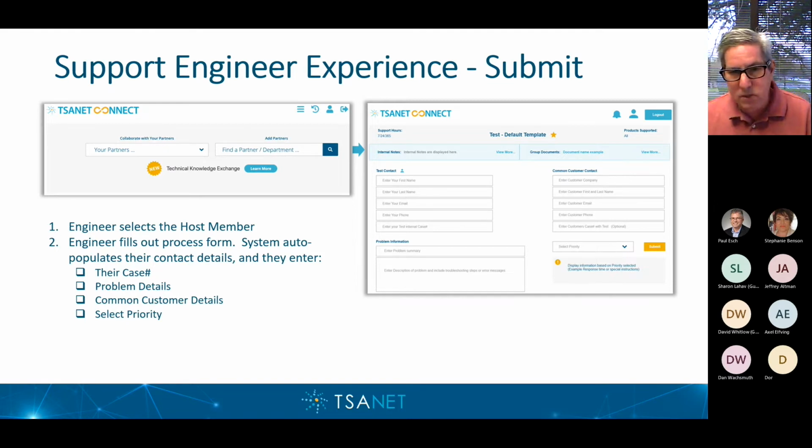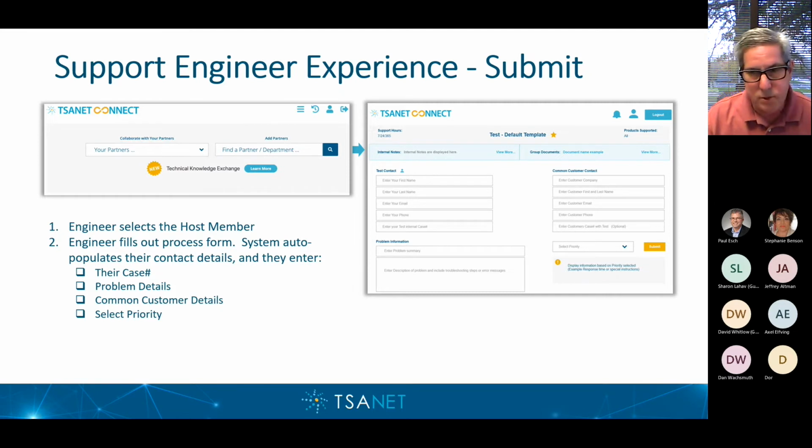So it's an email-based system. It's very easy for your engineers to get credentials to get into the system. Typically, if they've just got an email with your domain in it and you set that up, then they'd be able to get an account, and you'll see their information pre-populated on the right-hand side over here where you see test contact. It's just a test screen. But this is where you go in and submit a support request. You're just putting in enough information to say, hey, I've got a problem. This is the problem that I've got, and then you submit that.